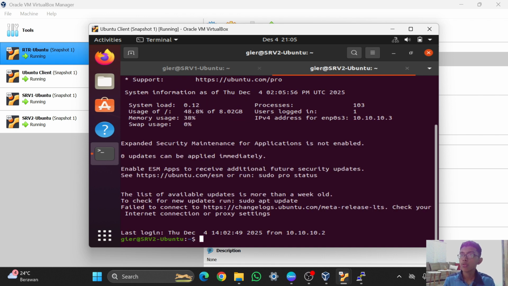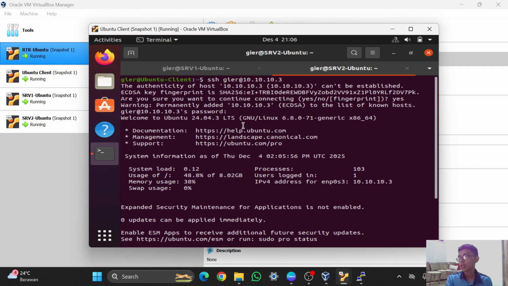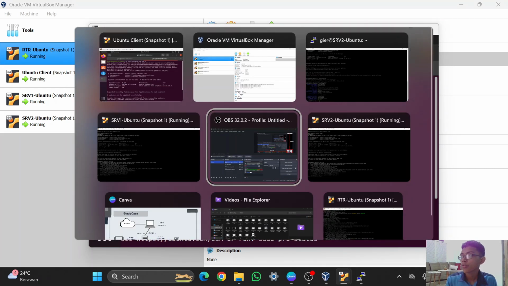And if you are a little bit confused, when I remote the server, I'm using this one, ssh gr@10.10.10.3. For this one, gr is the user on the server 2.